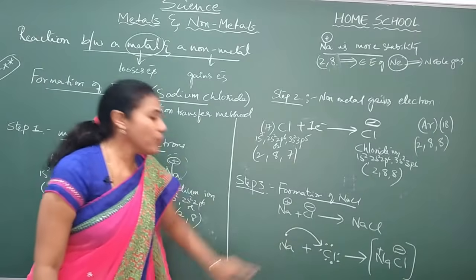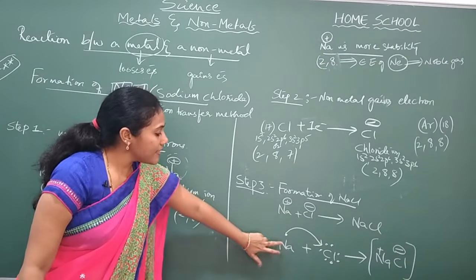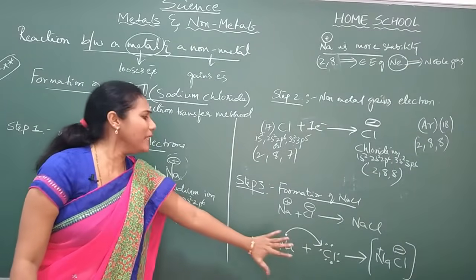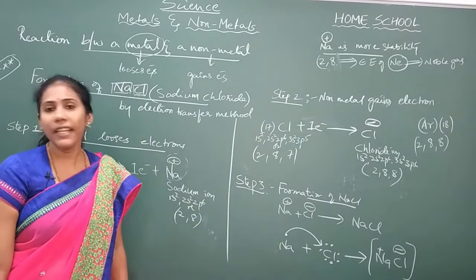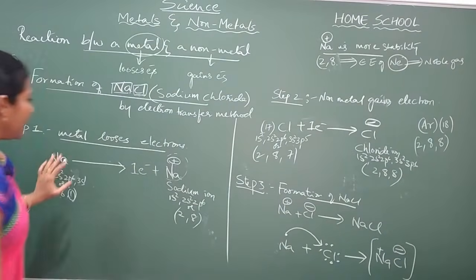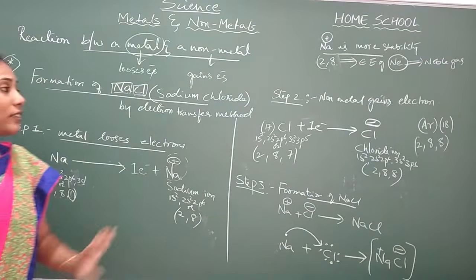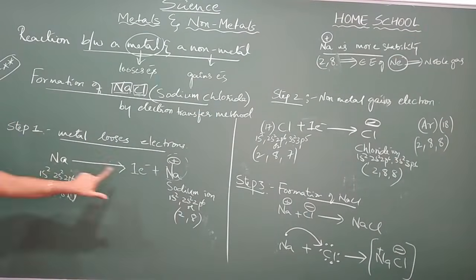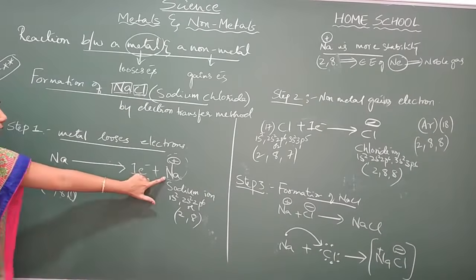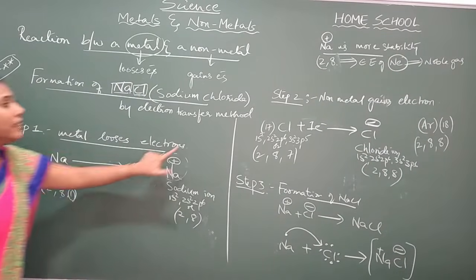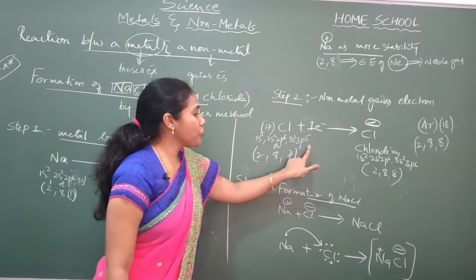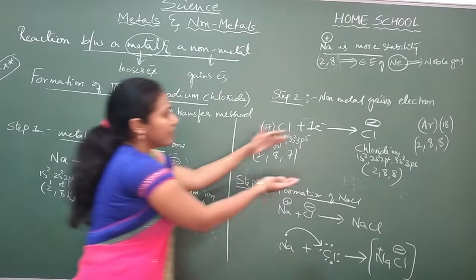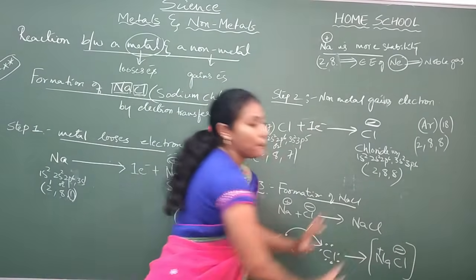Okay, both the ways you have to mention. If not both, this one is compulsory to mention. Okay, this step can separately be asked in the examination. Clear, everyone? So like this, 3 steps you have to show. This can be asked for 3 marks. In the first step, you show the formation of the Na plus ion, that is losing of an electron. Next step, you show gaining of an electron. Last step, you show how both ions, this positive ion and this negative ion, combine and you get the compound NaCl.